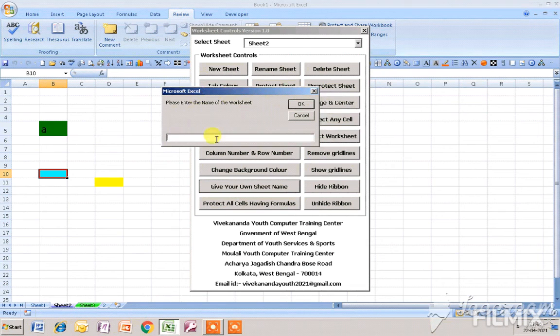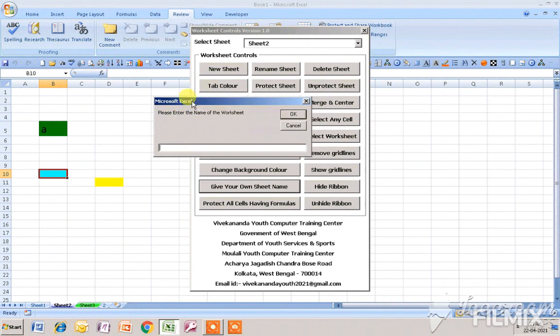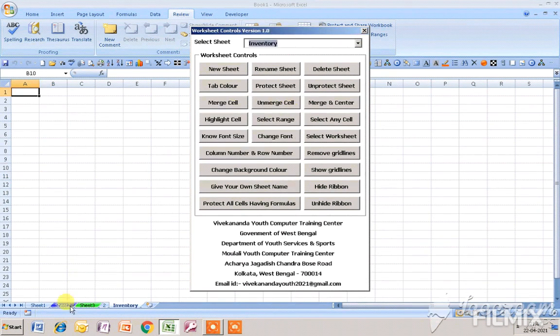In this input box I have to give the worksheet name that I want to give. Suppose I give this worksheet name as inventory, and I click OK. Then you can see a new worksheet has been added in the name of inventory.